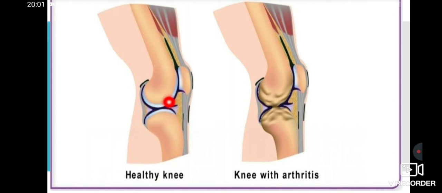Look at this picture. It acts as a cushion between them. The knee can easily bend. In the knee with pain, the bones touch each other. Here in this picture you can see these two knee bones are touching each other. When the knee bends, the bones touch each other and the friction between them causes pain. So this type of knee is affected with the arthritis problem.